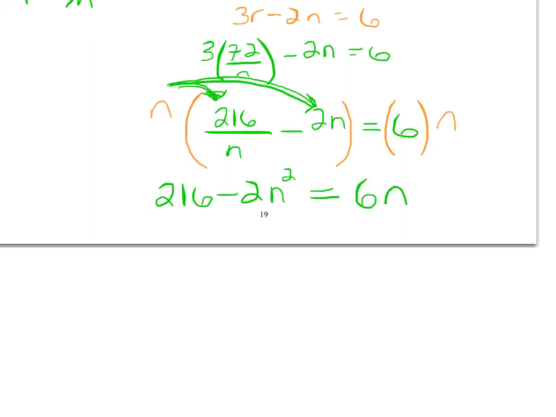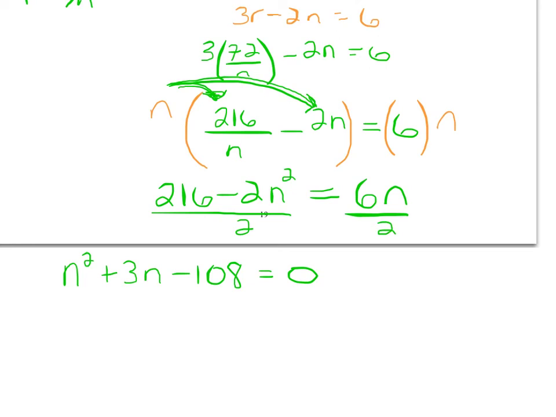And now I have a quadratic equation. Everything's divisible by 2, so I'm going to divide out a 2, and I'm going to put everything onto one side of the equation. So I'm going to have n squared plus 3n minus 108 equals 0. So I divided both sides by 2, and then gathered everything onto one side of the equal sign. And it turns out that this quadratic factors to n plus 12 times n minus 9,